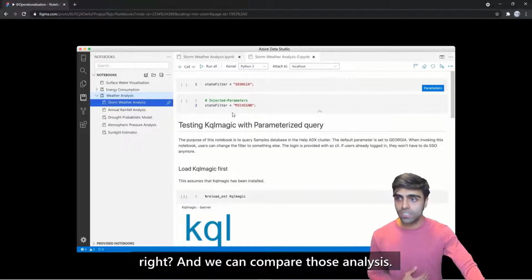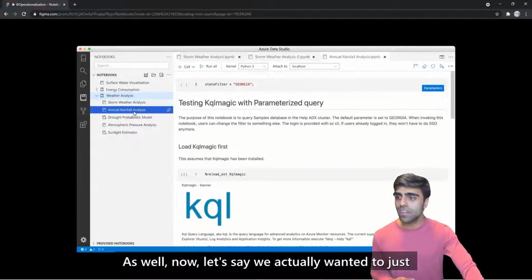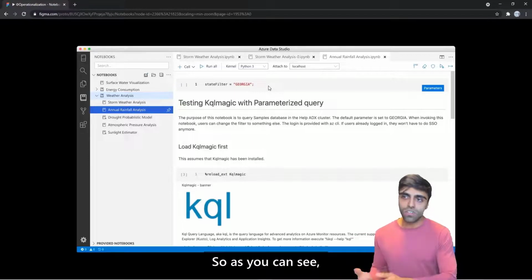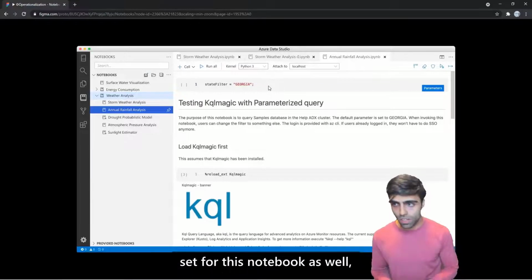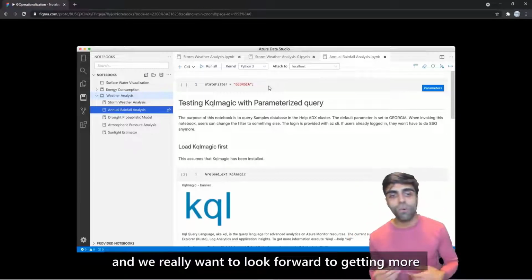And we can compare those analyses as well. Now let's say we actually wanted to just see the annual rainfall. As you can see, we actually still illustrate that the global parameters are still set for this notebook as well. So that's what we intend to do, and we really look forward to getting more feedback regarding